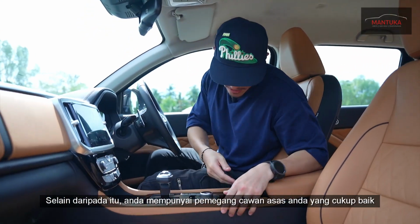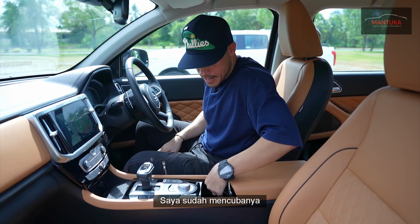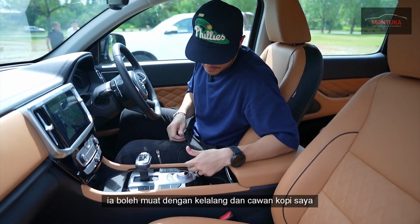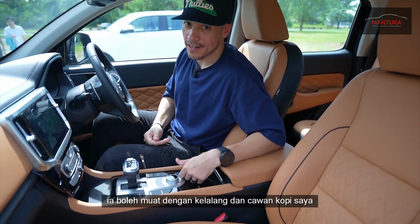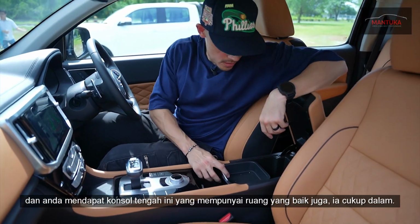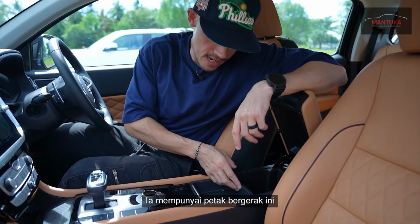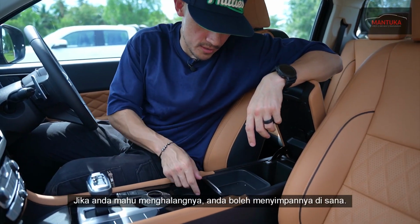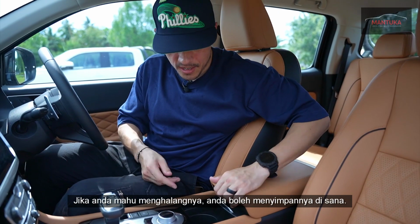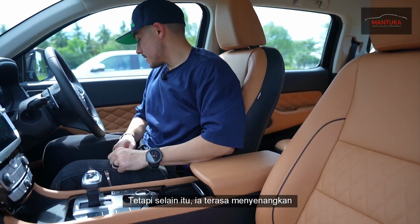Other than that, you got your basic cup holders, which are pretty decent. I've tried it. They fit my flask, they fit my coffee mugs and all this whatnot. And then you got the center console, which has decent space as well. It's pretty deep, and it has this moving compartment, so if you want it out of the way, you can keep it there. If you need something, you just roll it out. But other than that,